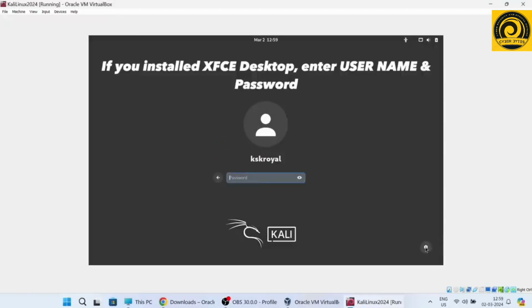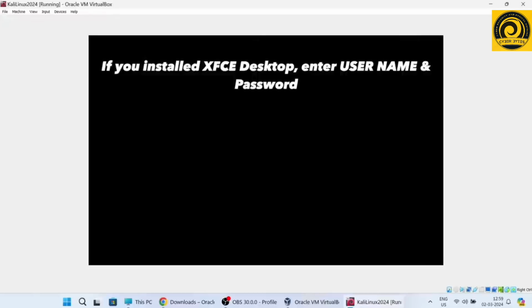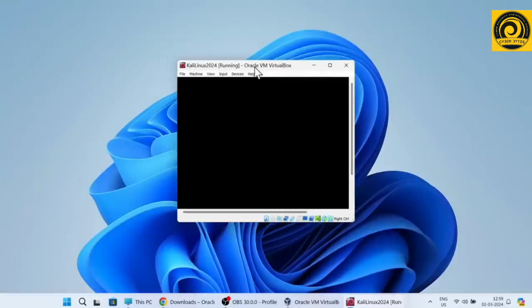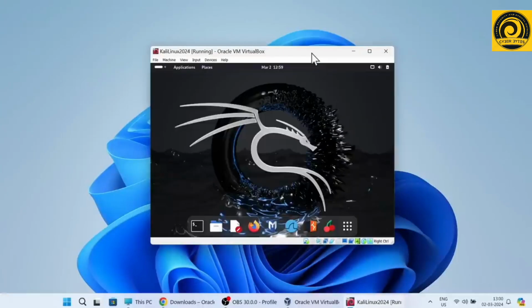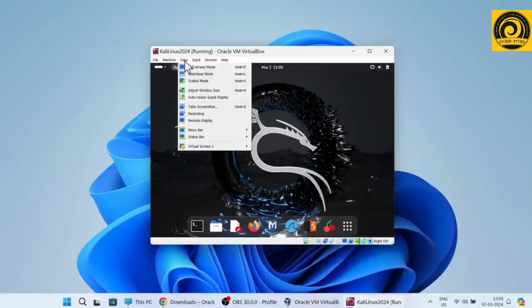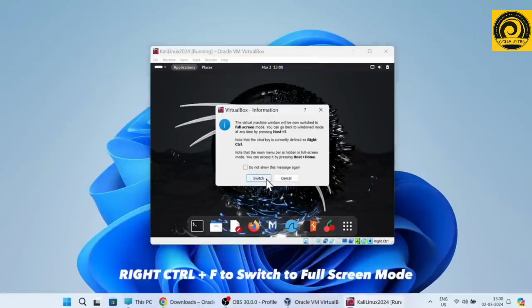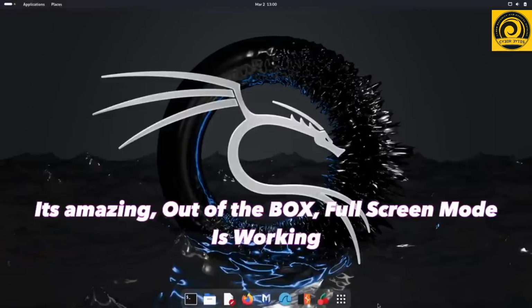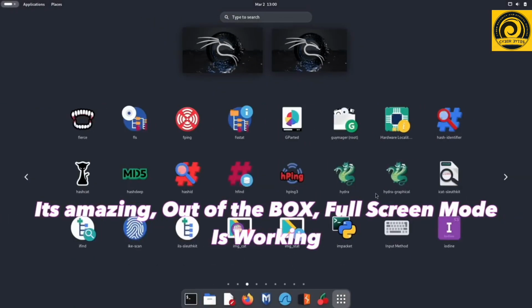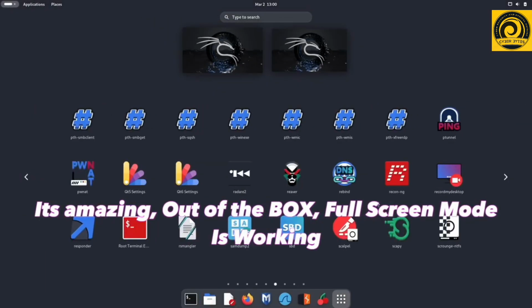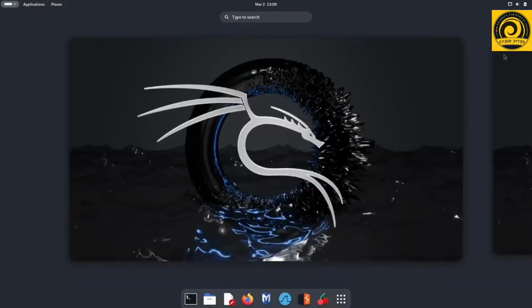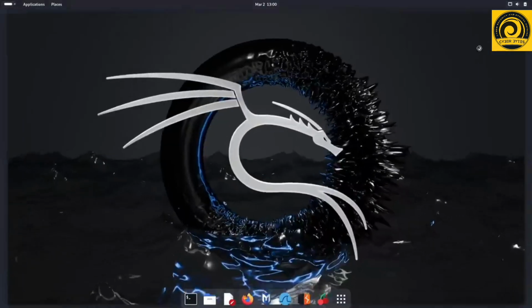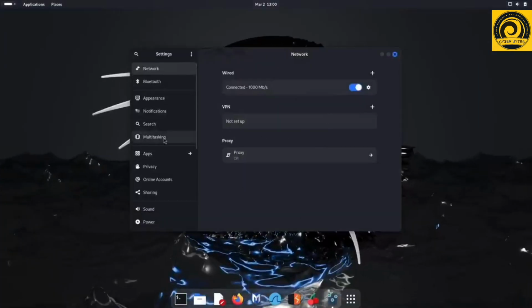And voila, now you can see the login screen. Click on the username and enter the password to log in. Let me jump into the full screen mode. It's time to install the VirtualBox Guest Additions tools that will enable 3D acceleration, clipboard sharing, and more functionalities. To do so, first,